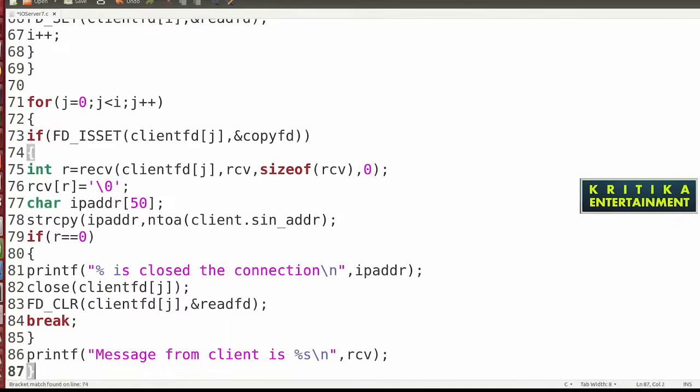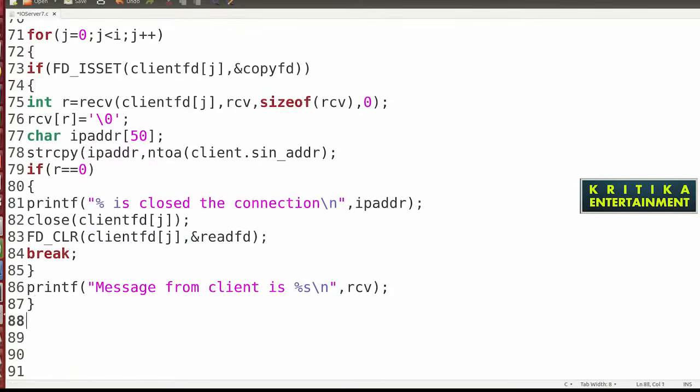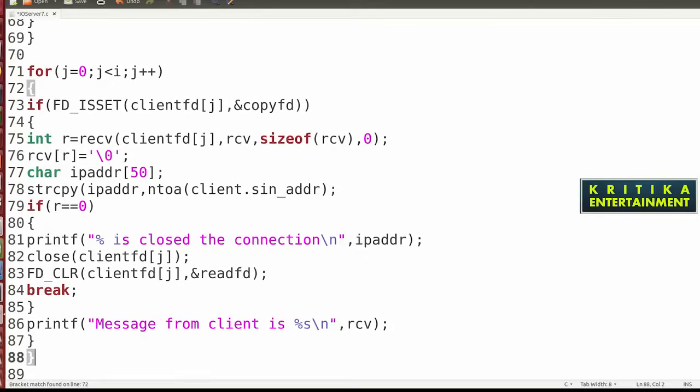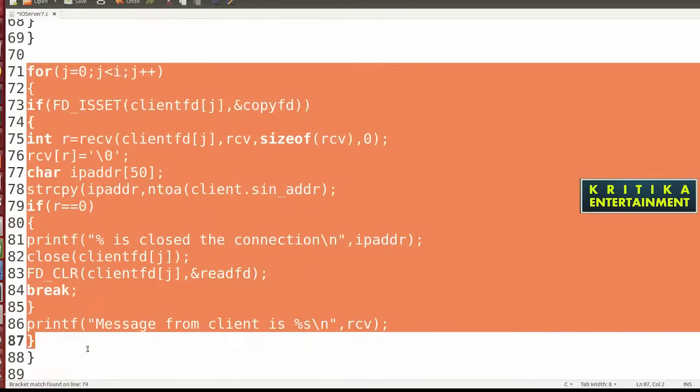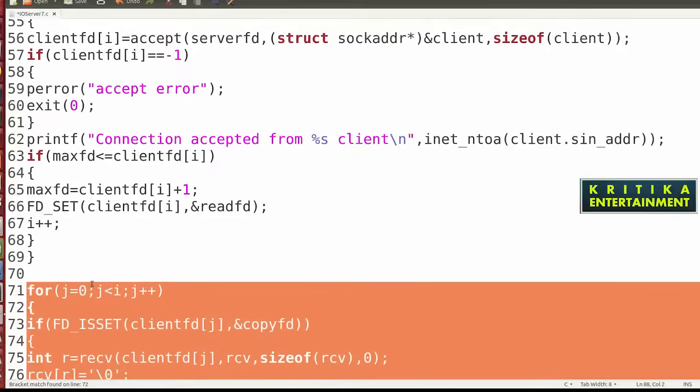Then close the bracket. It is for the if. For the for you use another bracket. It is for client side communication.